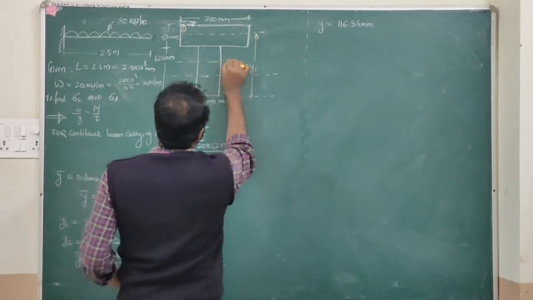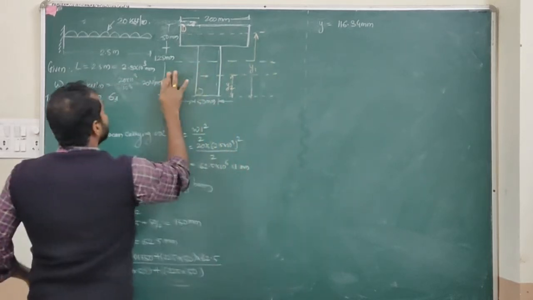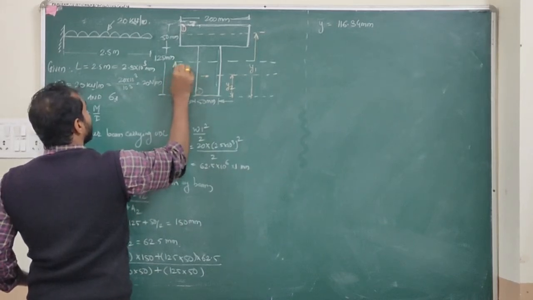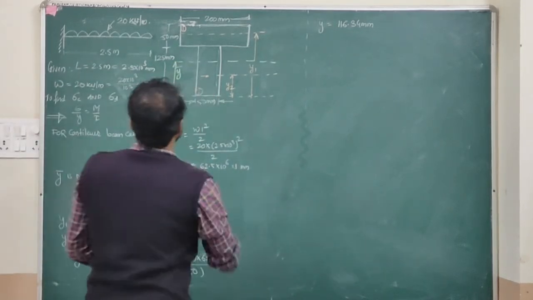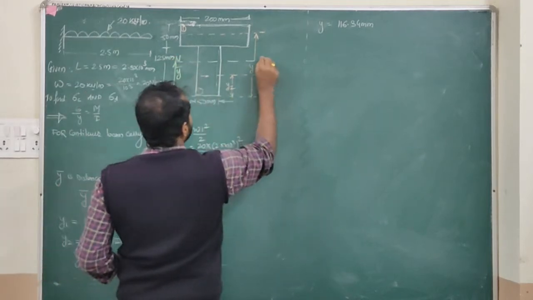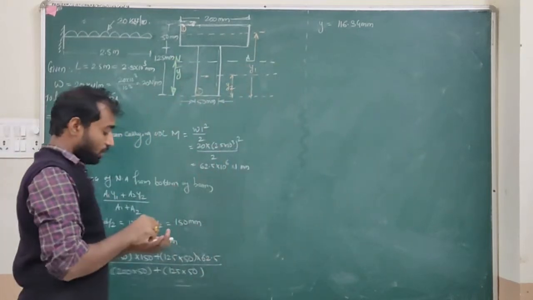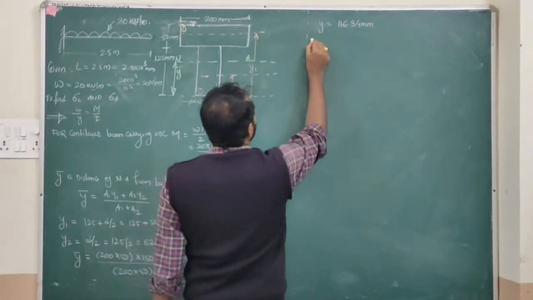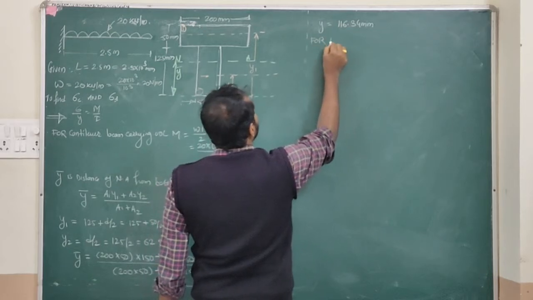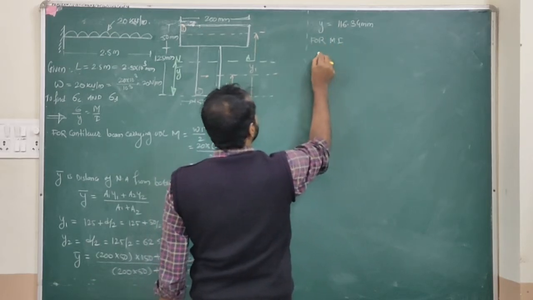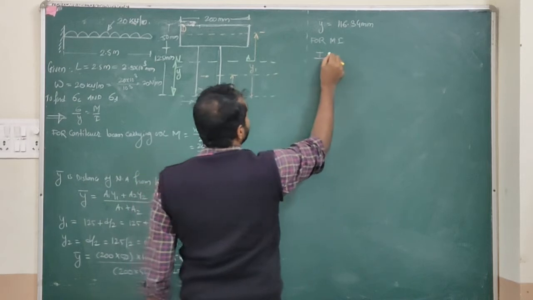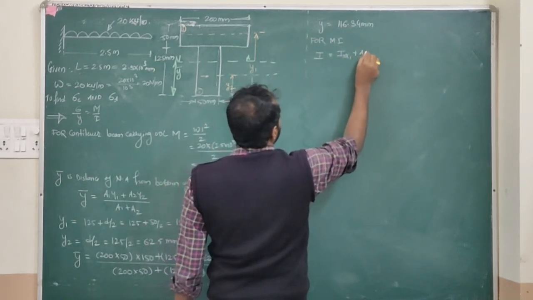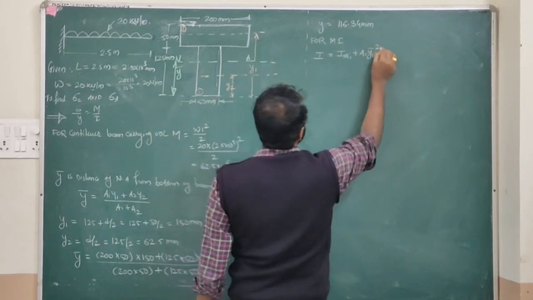So therefore, if this will be the neutral axis, then this distance is y bar. This is the location where our neutral axis lies, from the bottom. Next, we need to find out the value of moment of inertia. So for moment of inertia, for this section, moment of inertia will be Ixx1 plus a1 y1 bar square